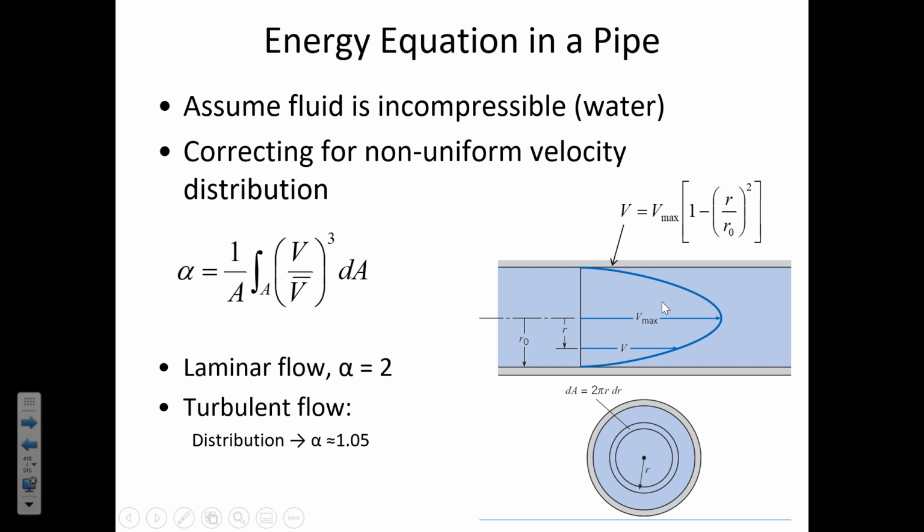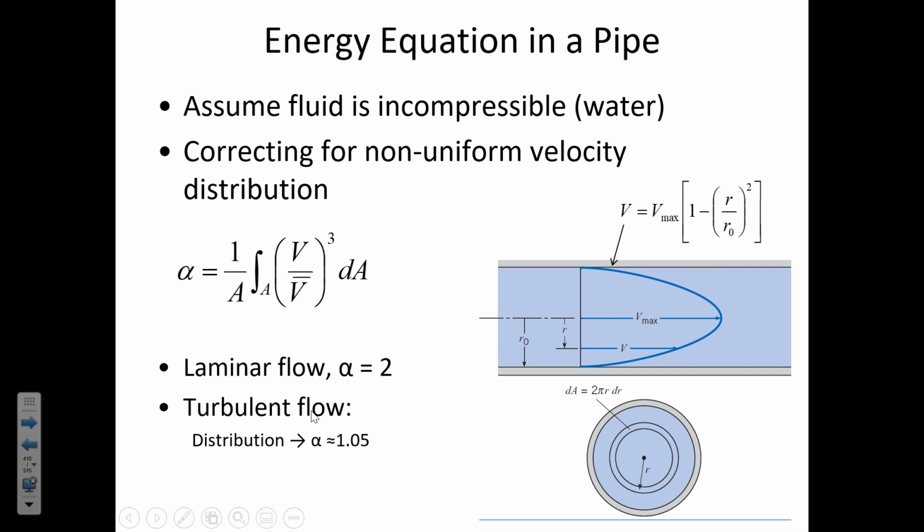When conditions are turbulent, the average velocity and the velocity at the center line of the pipe are pretty close together. And so the kinetic energy correction factor doesn't need to be as high, because the average velocity doesn't so drastically underrepresent the amount of kinetic energy that's in the fluid. So typically we'd use a kinetic energy correction factor of 1.05, and